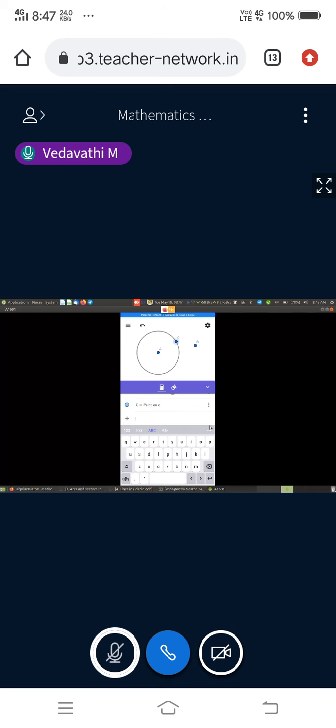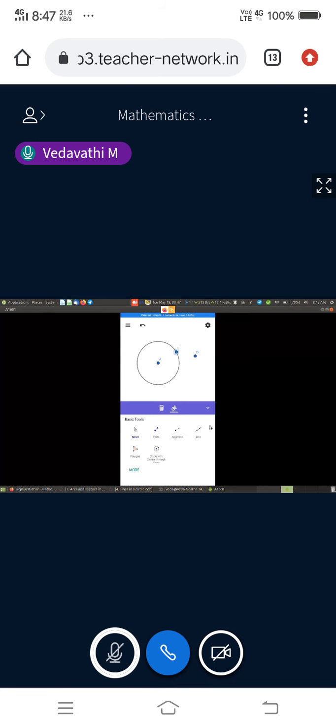So in this way you can use the algebraic plane to create the objects. We usually call it the input bar. Computer users usually get it at the bottom of the interface as input. There they can mention this kind of objects, but in the mobile interface we usually do it here.